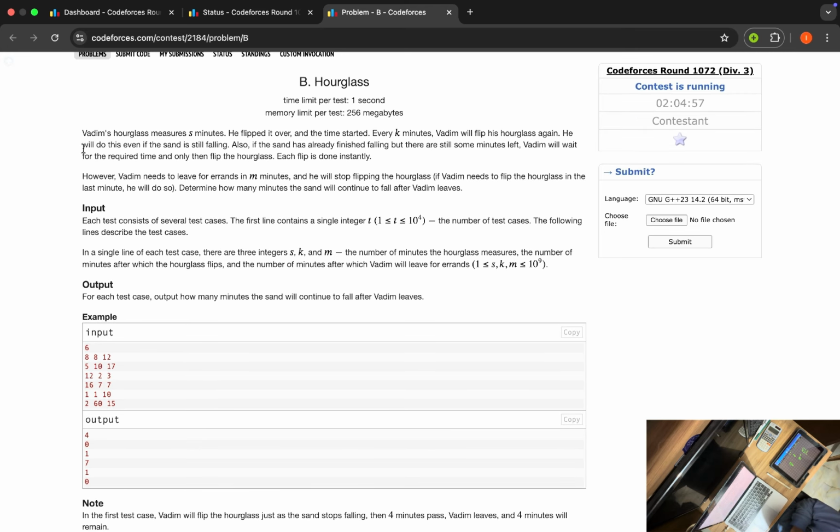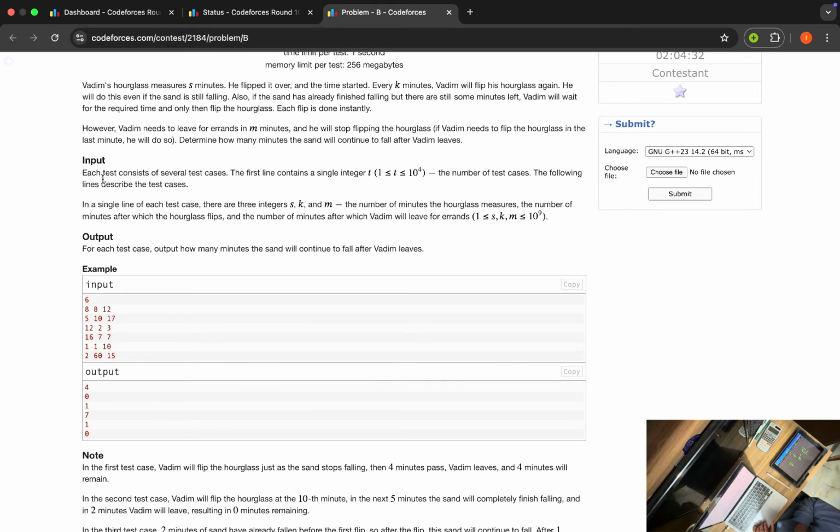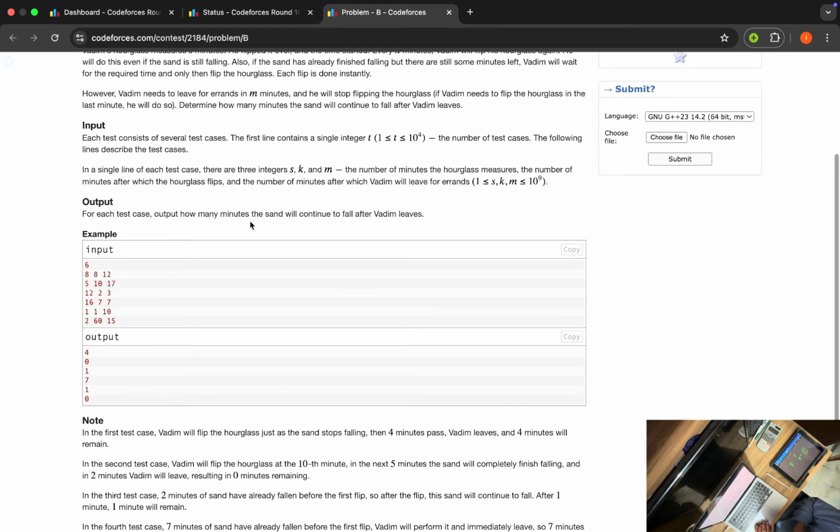Also, if the sand has already finished falling but there are still some minutes left. Okay, he needs to leave in m minutes, and he will stop flipping the hourglass. Determine how many minutes the sand will continue to fall after Vadim leaves. Okay, each test. So it's given to me